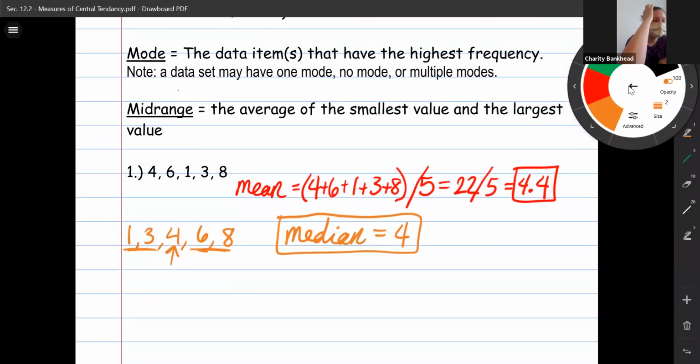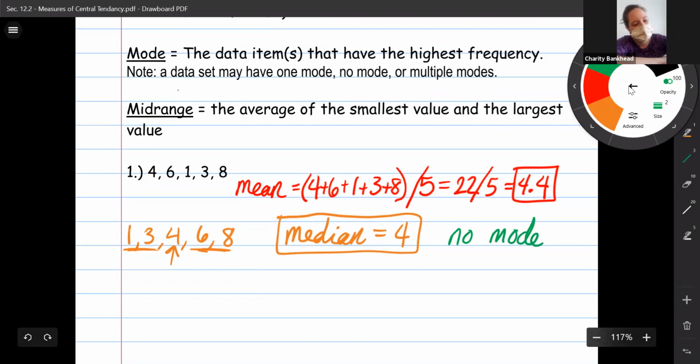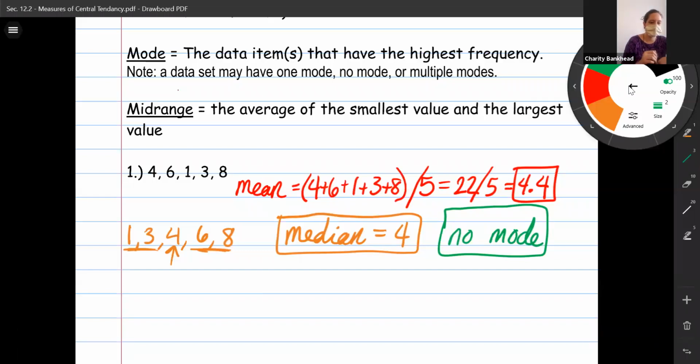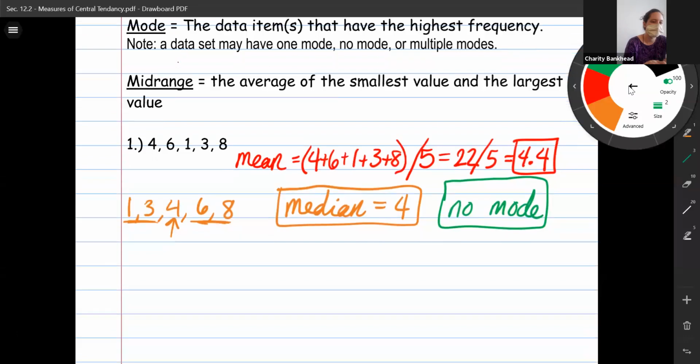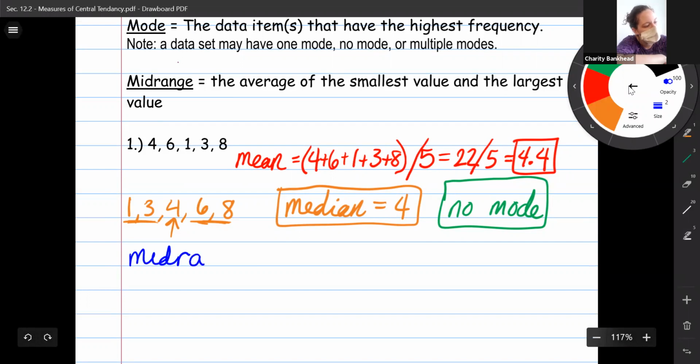And then the mode, in this case, nothing is repeated, so there is no mode. Because there's nothing that is repeated. So the mode would have to be a number that's repeated, and nothing's repeated, so there's no mode. Then 4 would be the mode,